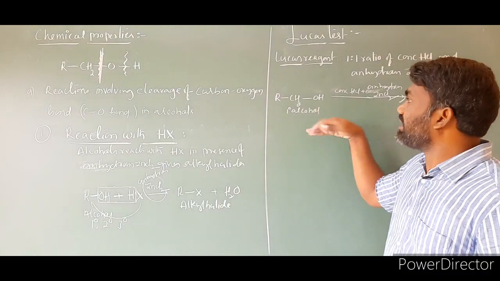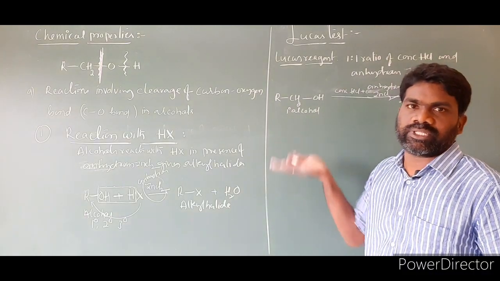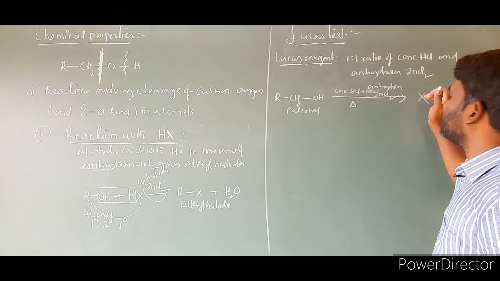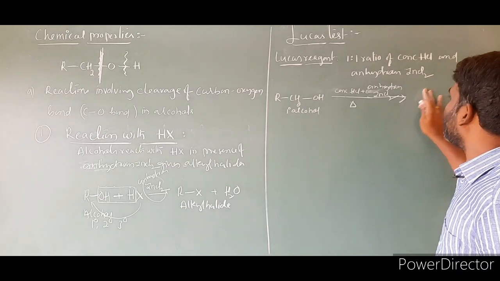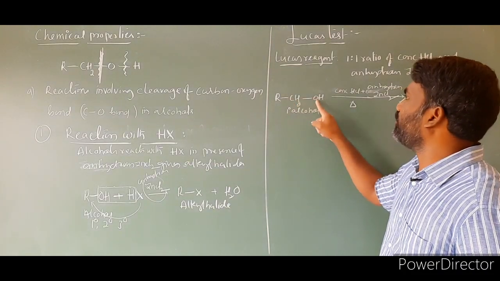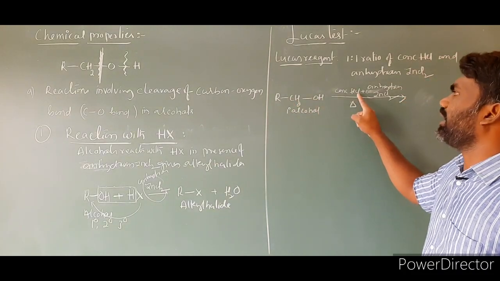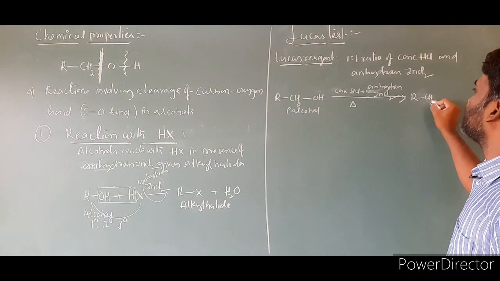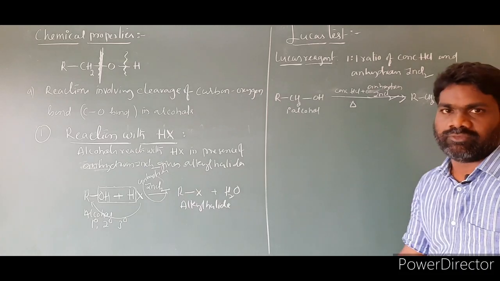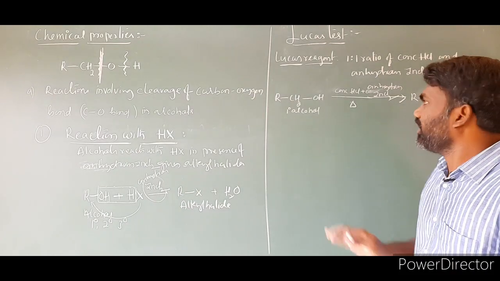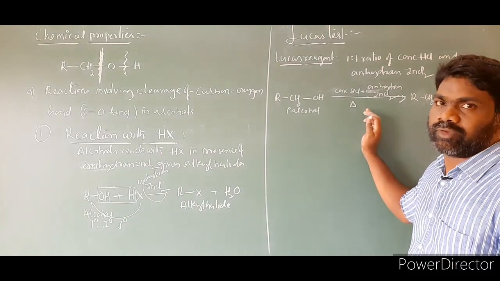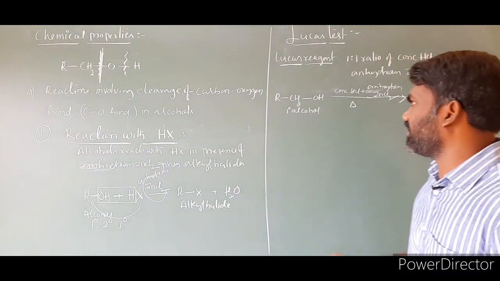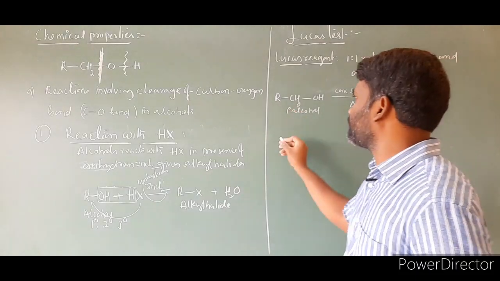But when the temperature rises above room temperature, we simply have to heat it, and then the product will be formed. The product we can expect: from RCH2OH, remove this OH and add chlorine from the HCl, so the product is RCH2Cl, an alkyl halide. Never forget, this reaction happens only at high temperature, not at room temperature. Now we are discussing room temperature to distinguish.